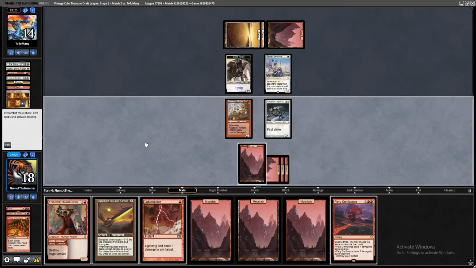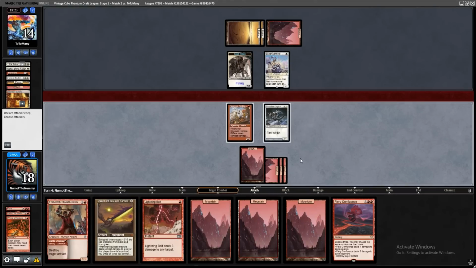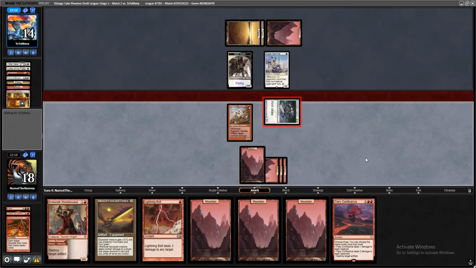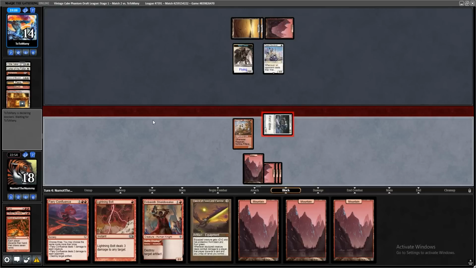Lightning Bolt. Oh, there we go. All right, all right, all right. Oh my god, their hand was garbage. 3 lands and a Hero of Bladehold. So bad news here, I just gave them a fresh 7. Good news is... Oh my gosh, they're chumping with that? Good news is we actually have 9 points of burn in our hand. So if we can just sneak in 2 more points of damage...